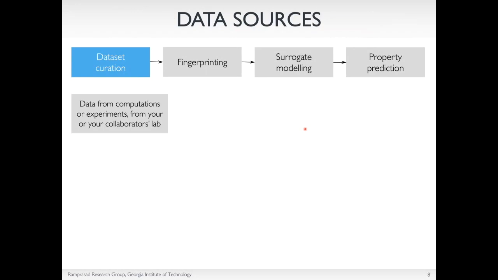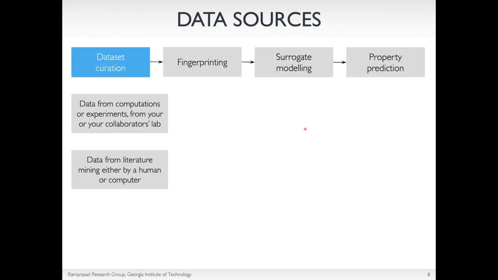For a variety of materials. In other words, what I'm trying to say is you can create data using computations, or you can do experiments and create your own data, or you can get data from your collaborator's lab, from your coworker's lab. You create it yourself, or you get it from your colleagues,